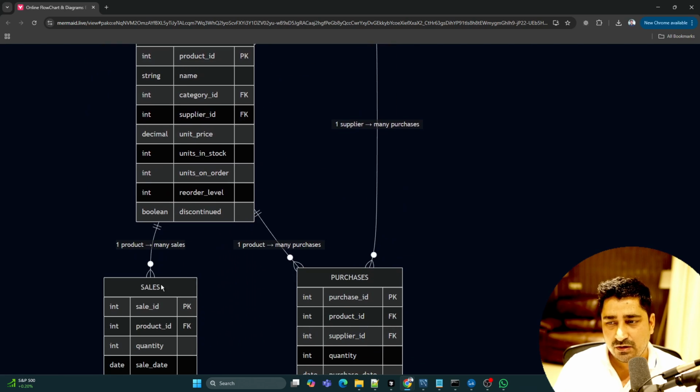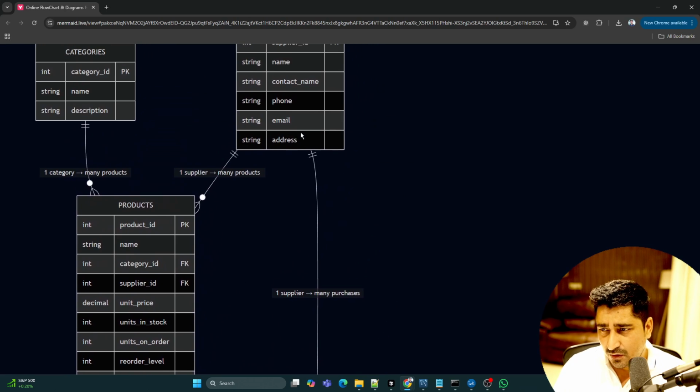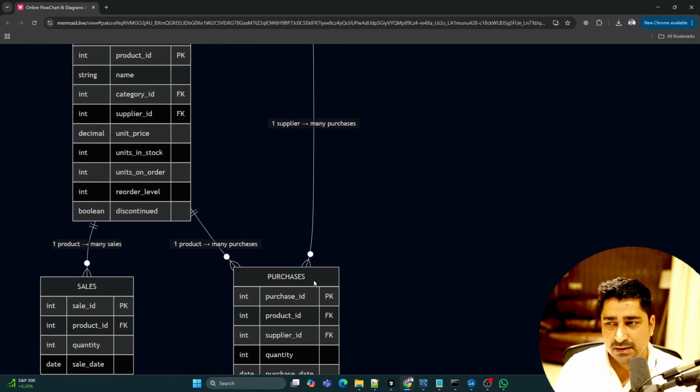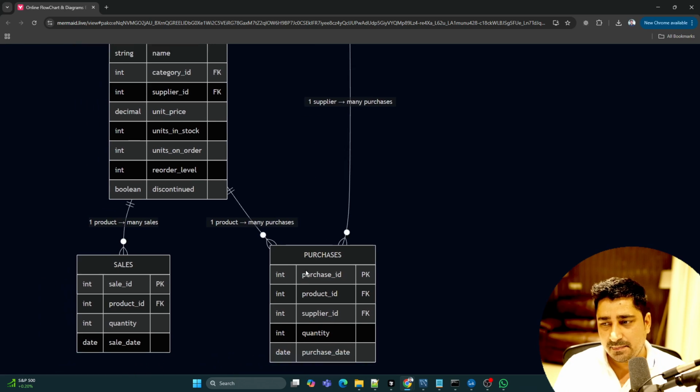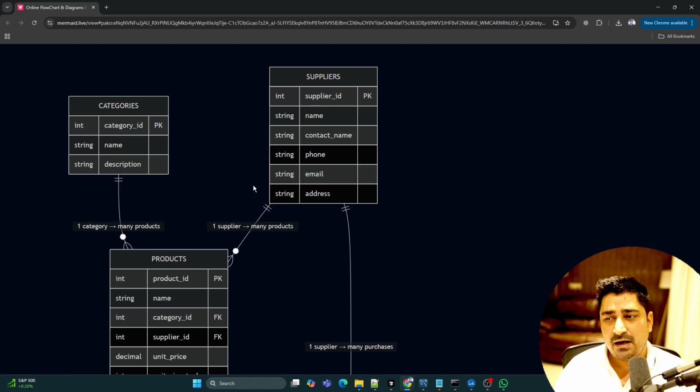Now here, one product can have multiple sales. That's also possible. And again, one product can have multiple purchases. This is the relationship between the product and purchase tables, and this is the relationship between the product and sales tables. Now, if you look over here, one supplier can have many purchases. Depends, right? So this is the complete ER diagram which I have created,